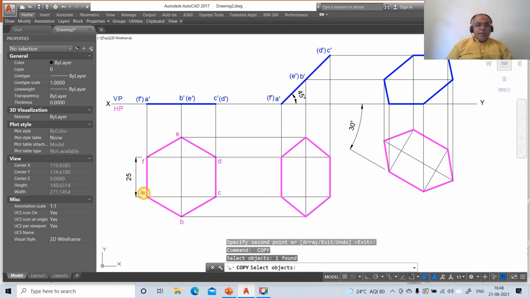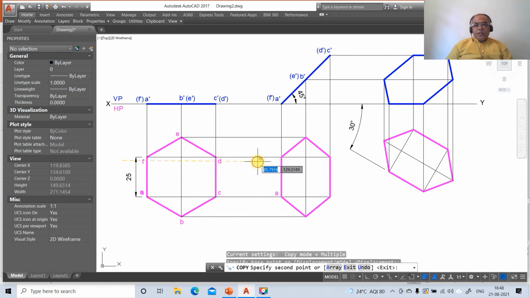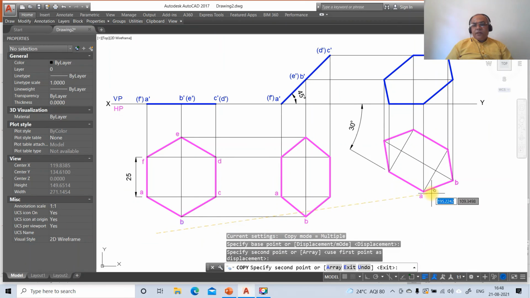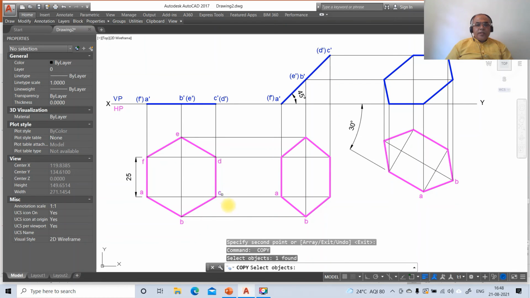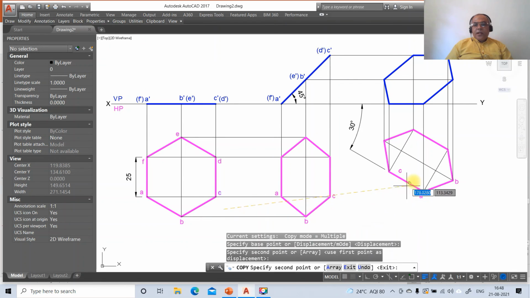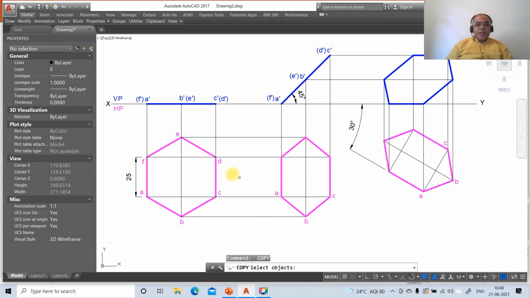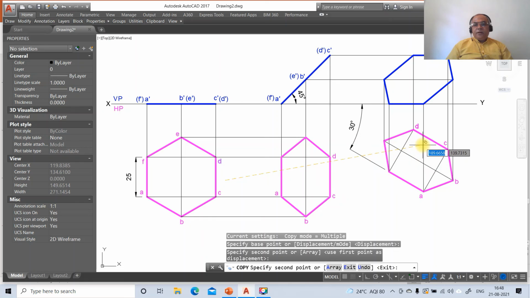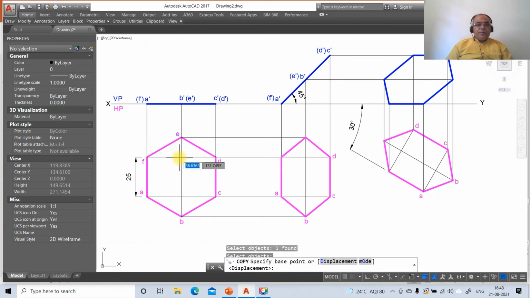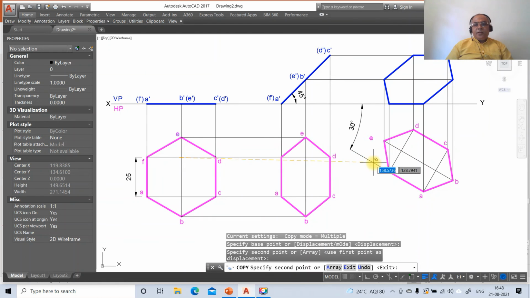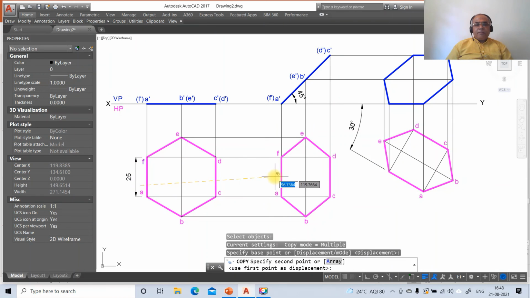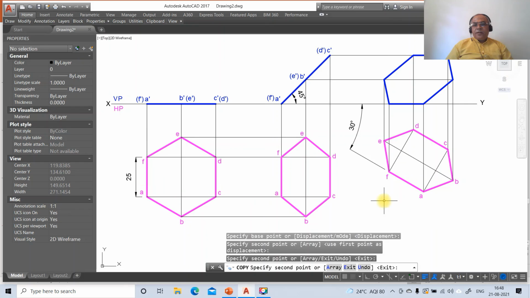Then you would copy A here, and that A will come here, and you copy this B here, and that B will come here, then you are going to get C here, and that C will come here, and you copy this D here, and that D will come here, you copy this E here, and that E will come here, and this copy F will be here, and that F will come here.